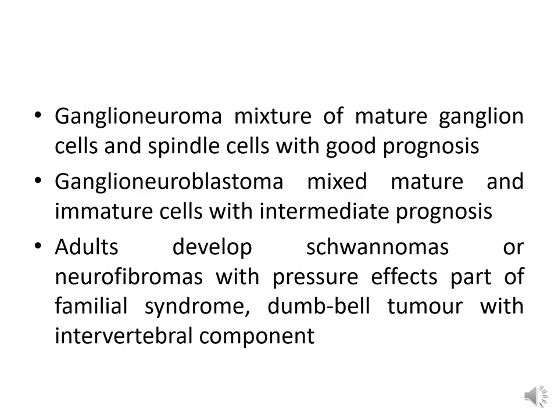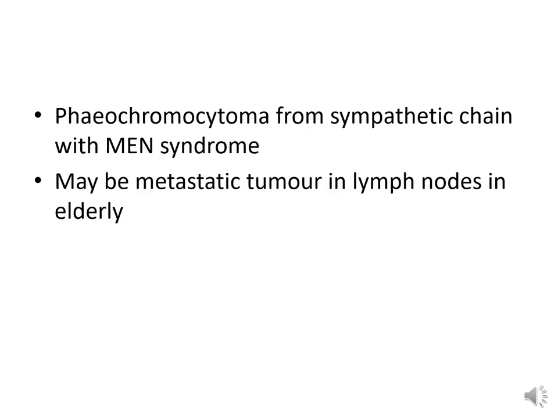Ganglioneuroblastoma and ganglioneuroma, depending on the age: the neuroblastoma will occur in younger children, and the ganglioneuroma will occur in the adult system. Adults also develop schwannomas and neurofibromas with pressure effects. Now, lymphoma with immune system involvement can also present here. And the metastatic tumor in the lymph nodes in the early stage can also be found in